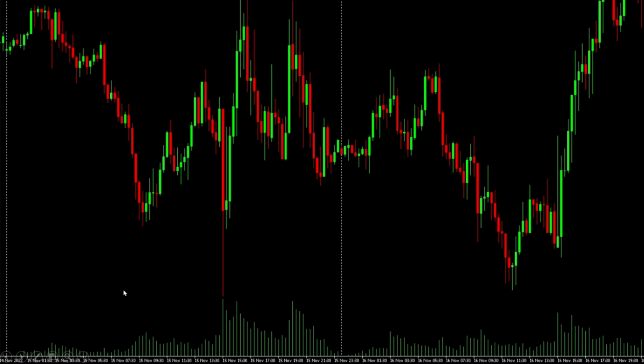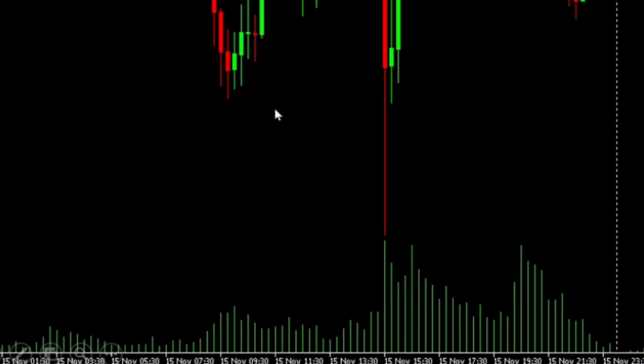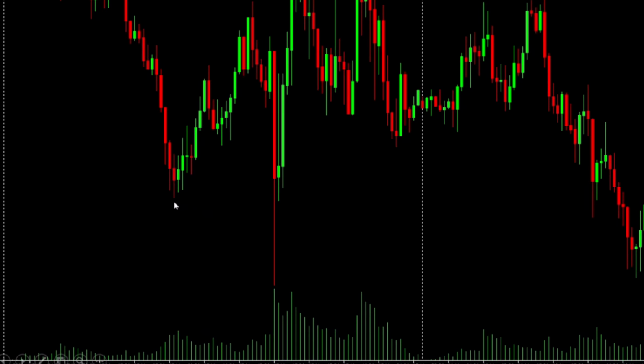So first of all, in the Asian session, we see a relatively strong downtrend, as you can see here. And then if you look at this peak in the volume right here, this is the exact moment that the European markets open. And look what happens to the price action. Instantly it reverses and goes the opposite direction to that the Asian session took it.